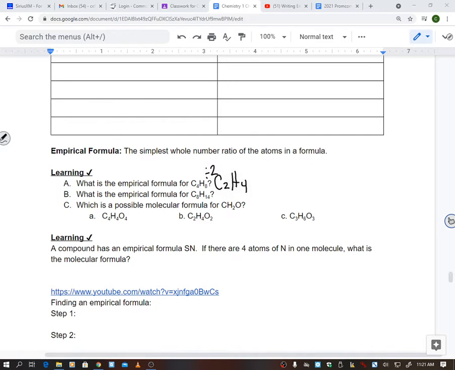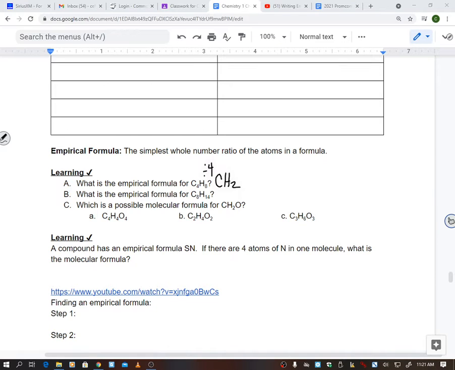C2H4. So if you were to say that, then you're like, okay, well that doesn't work, right? C2H4, it's still not in its simplest form, right? So I've seen kids do this before. So make sure that you are putting it into its most simple form. So this would be CH2,